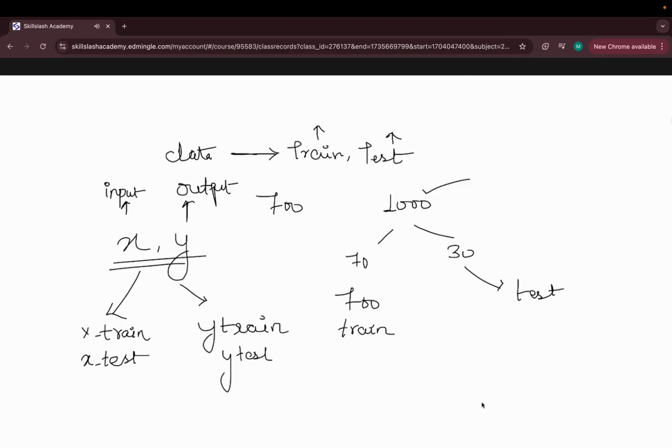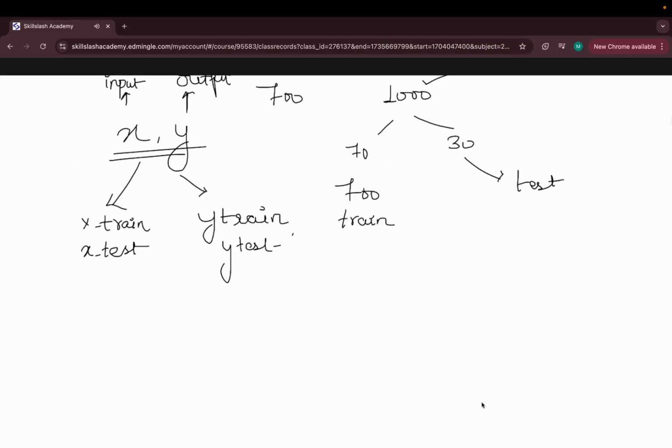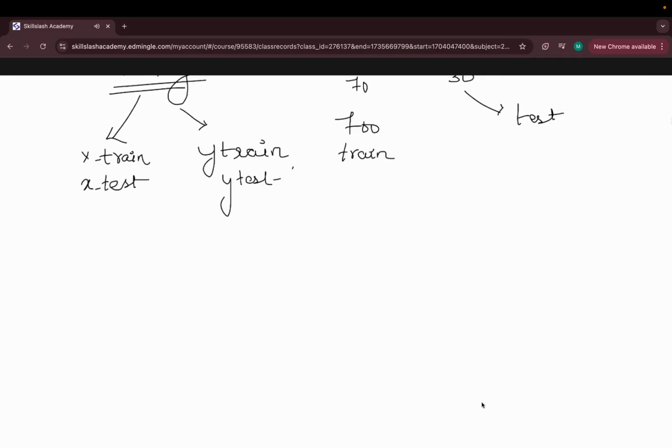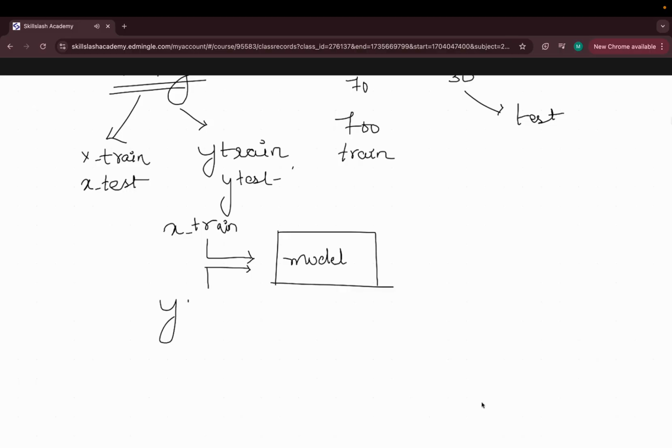Based on this bifurcation, we are going to insert the data inside the ML model. Let's say this is your machine learning model. In the model, we are going to input X train and Y train.